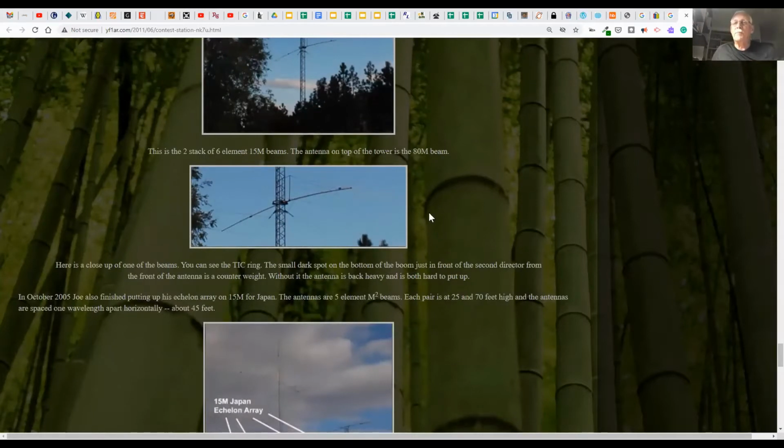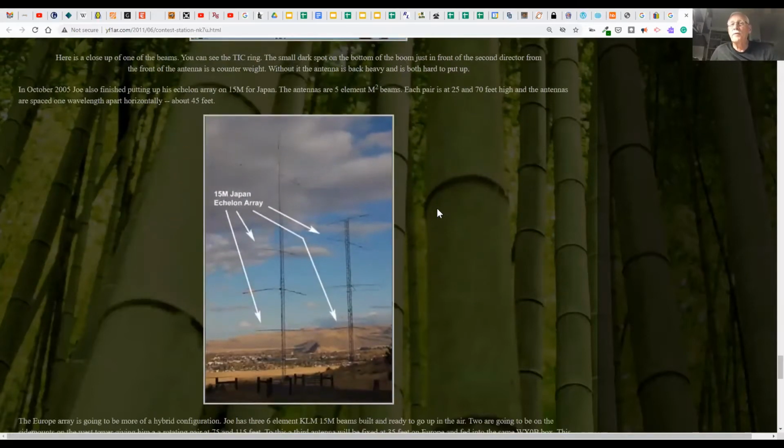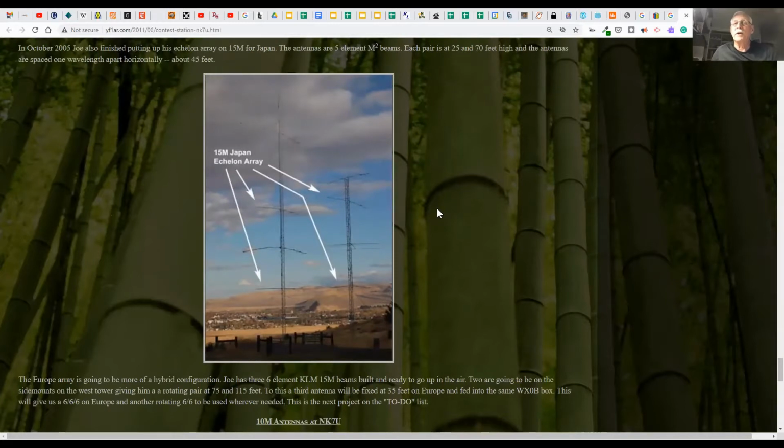We used to have 20 up there. We found that the 80-meter beam just really screwed up the 20-meter beam, so we took them off and moved them and put the 15s there. And that was,